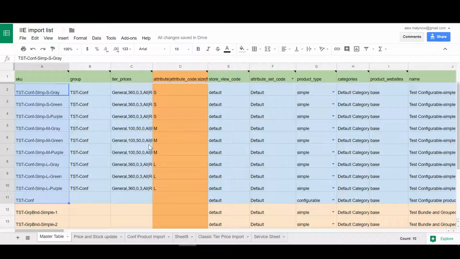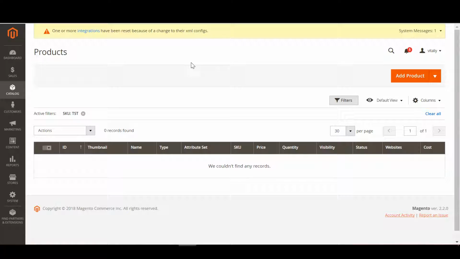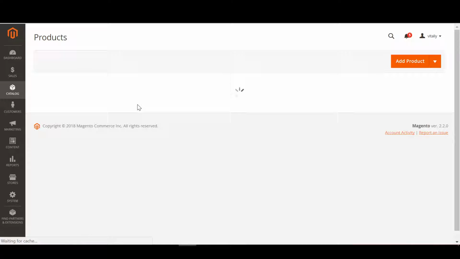During the import process, I will mostly focus on the configurable product we have in the table. Here it is. As you can see, it has 9 simple products assigned to it. Each simple product has a tier price applied. Now, here we have it, the tier prices. And all these products follow a TST SKU pattern. You can see it here. Let's check the product catalog to make sure we have no products with such SKU. Now, here we have it. I have already applied the filters. Now let's reload the page